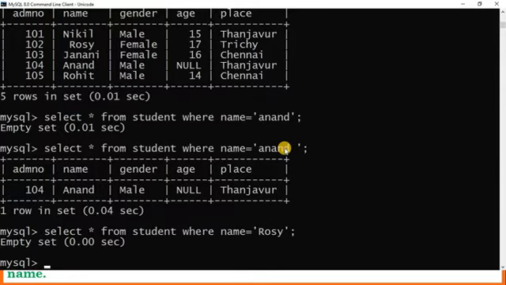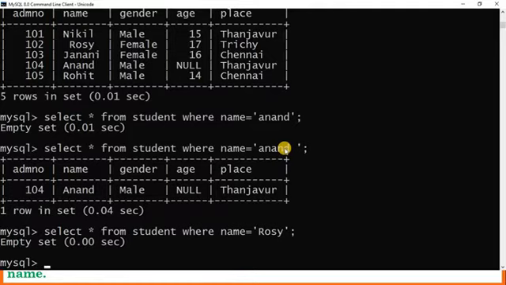In this situation, we have to use the trim function. What is the use of the trim function? It is used to remove the leading and trailing space from the column value, which means the starting and ending space.